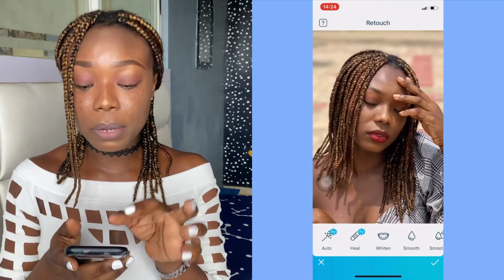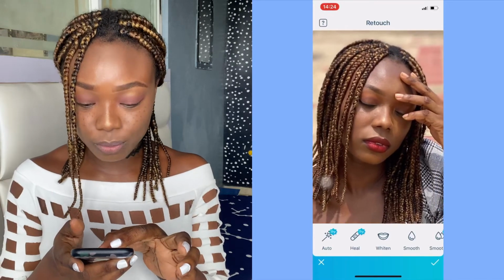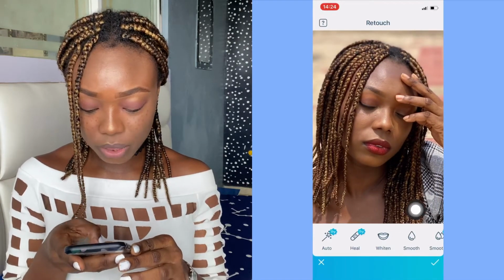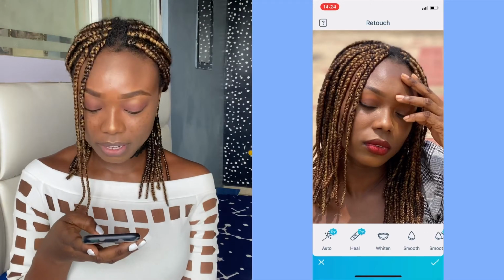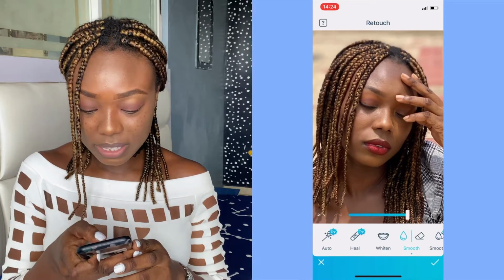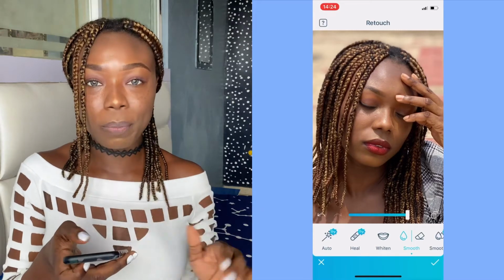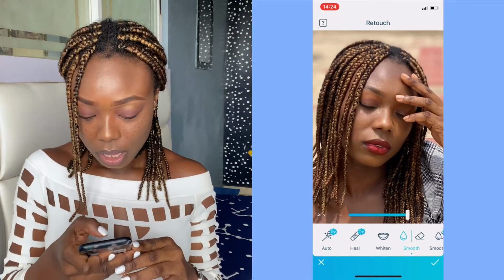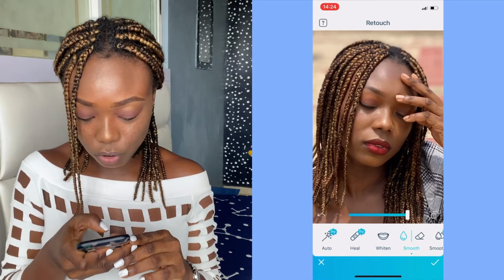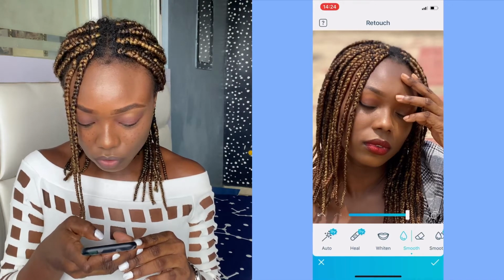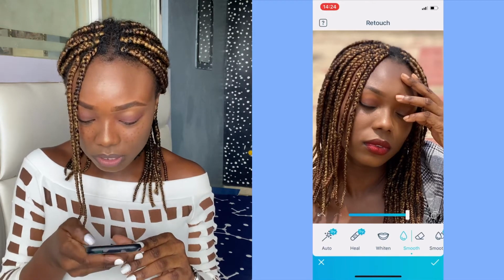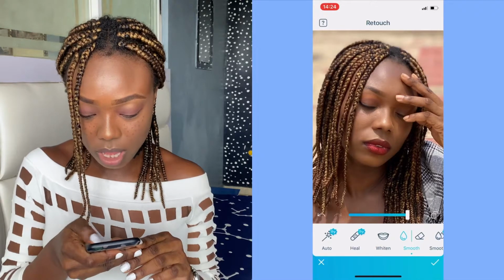Just for me to be very precise, I like to zoom in. So I'll zoom in and I will press my smooth. Okay. So once I press my smooth, I start to smooth out. But I'm not rubbing it, I'm just tapping, because I want the picture to be smooth, but then I don't want it to look unnatural. So I just try to be careful and just smooth. I'm also going to be smoothing my hands because, you know,